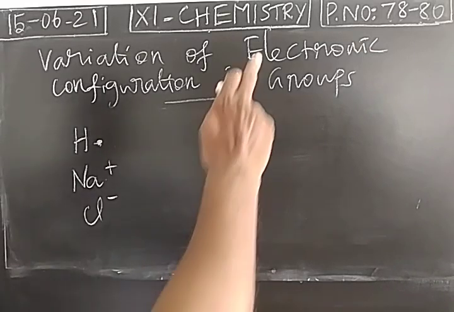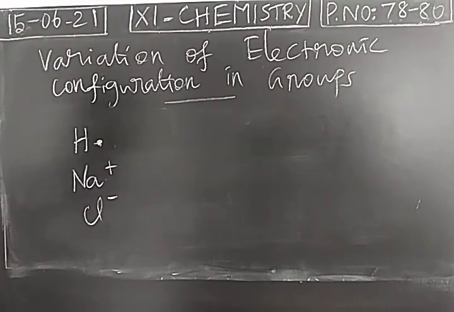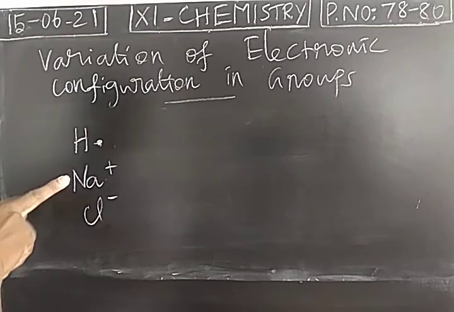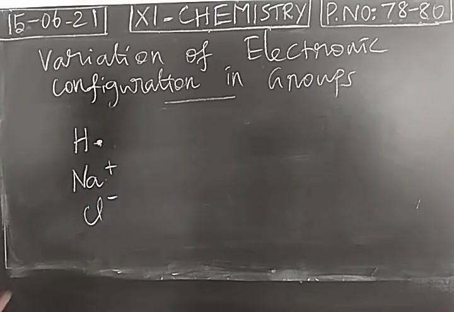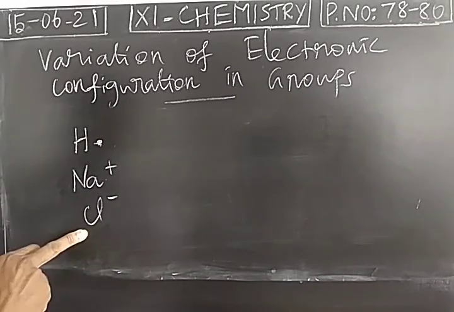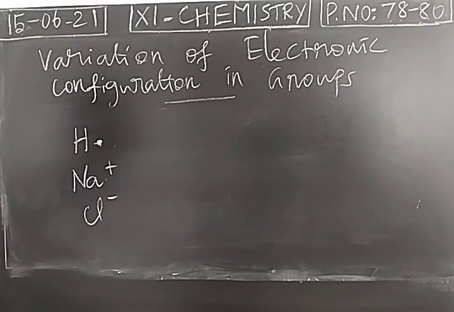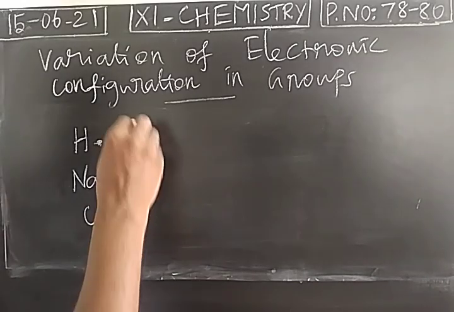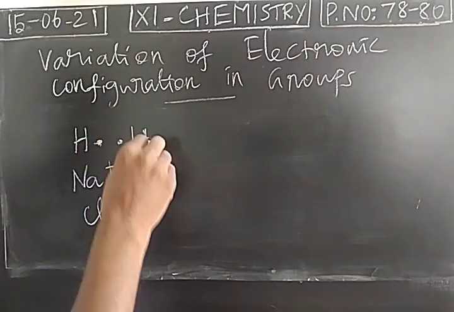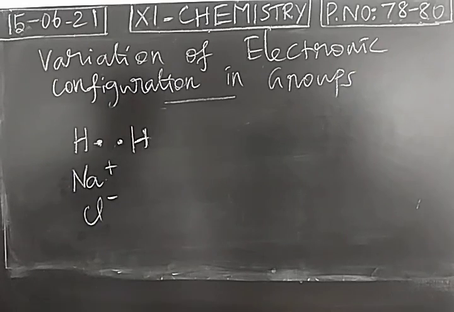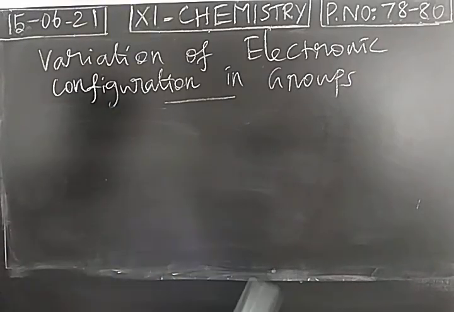So electronic configuration is mainly related with the chemical properties. What is electronic configuration? Arrangement of electrons in the atom. The valence electrons are responsible for the chemical reactions and chemical bond formation. Transfer of electron means one electron will be transferred from neutral sodium to neutral chlorine. By losing an electron, it becomes a cation. By gaining an electron, it becomes an anion. Oppositely charged ions have an attraction called an ionic bond. Or two atoms can mutually share the electrons to form a covalent bond. All these will be discussed in detail in the chemical bonding lesson.